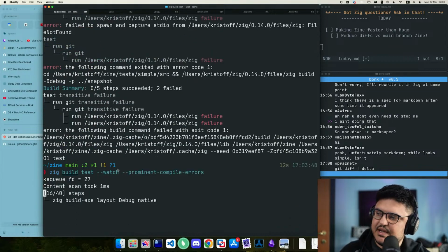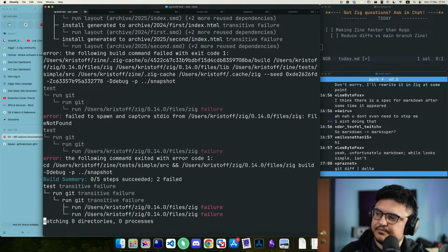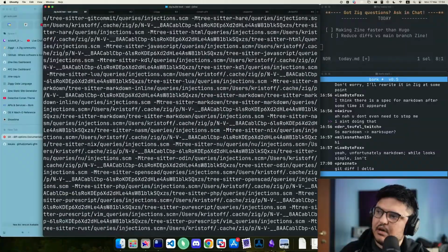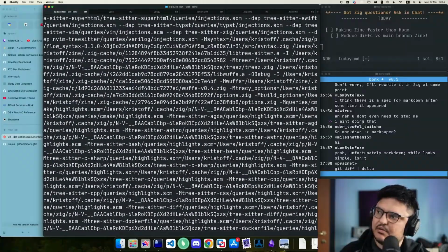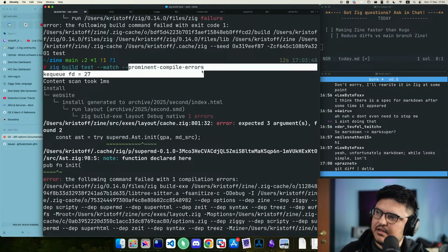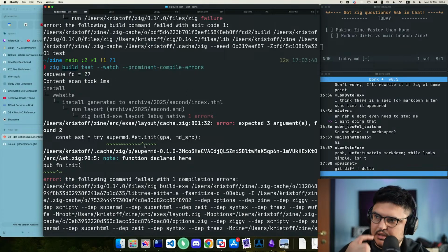Give me watch and prominent compile errors. Oh, really? Oh, right, because it's a build error. No, this is a compile error. Why am I not getting prominent compile errors? Expected 3 arguments, found 2. That is correct. So we want to fix